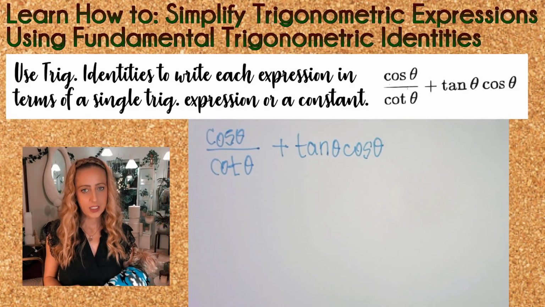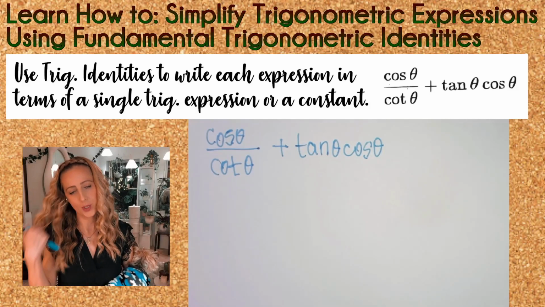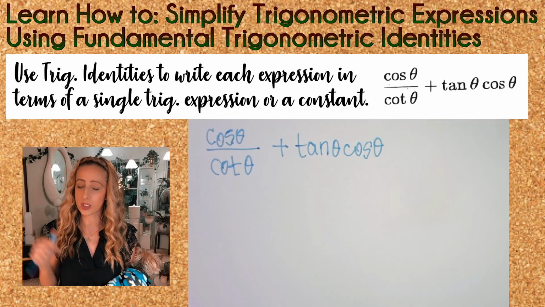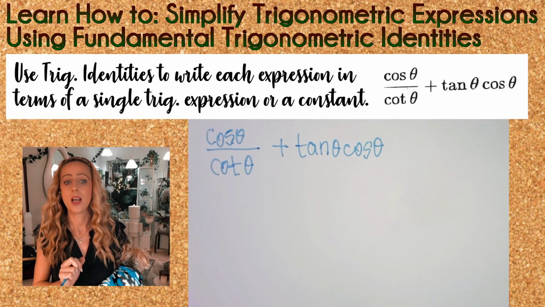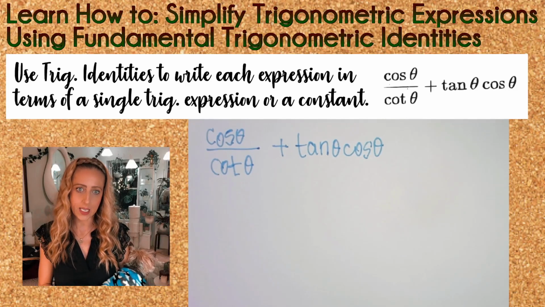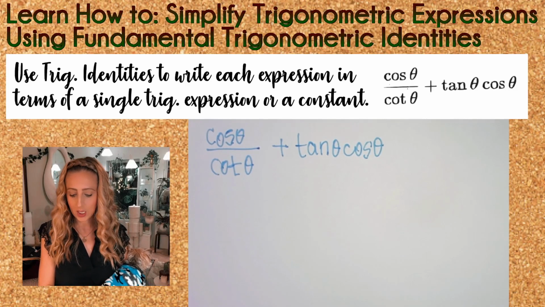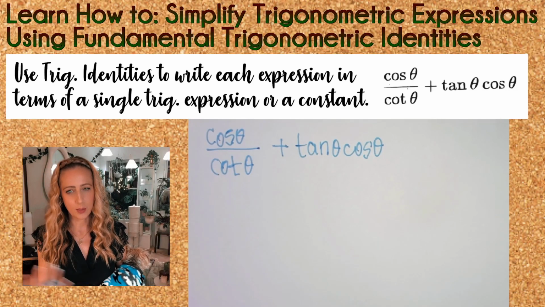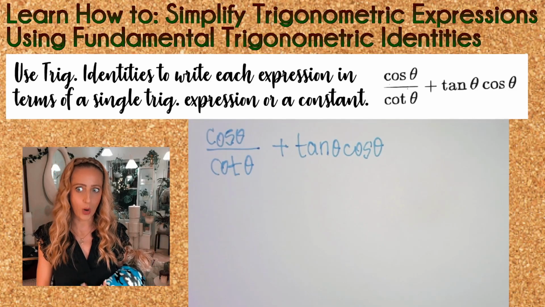Hey everybody, in this video we are going to simplify the trig expression you see on your screen right now using only fundamental identities, which include the reciprocal identities, quotient identities, and Pythagorean identities. So this expression we have right here is a sum. Usually the end goal is to bring the sum together, and oftentimes it requires using